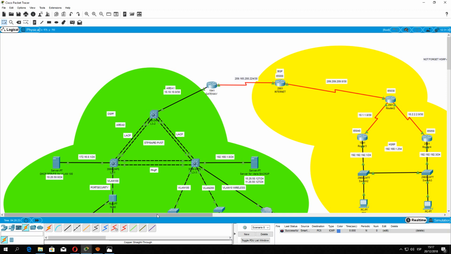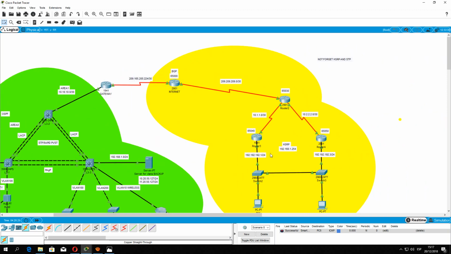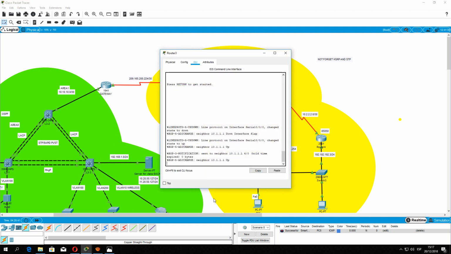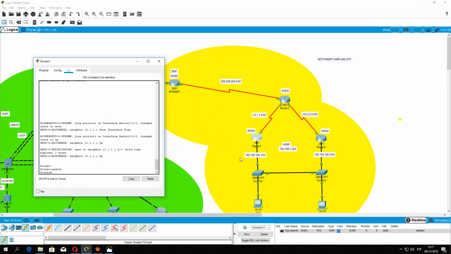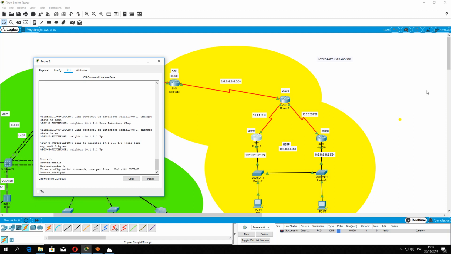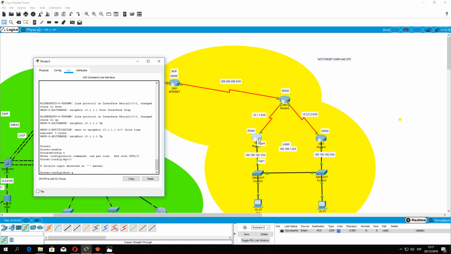Now we're missing HSRP, which is very simple. We said that the HSRP gateway, the standby gateway, is going to be the one that ends in 54. Now, how do you configure standby or HSRP? It's very simple. So you open up interface gigabit 0/0,